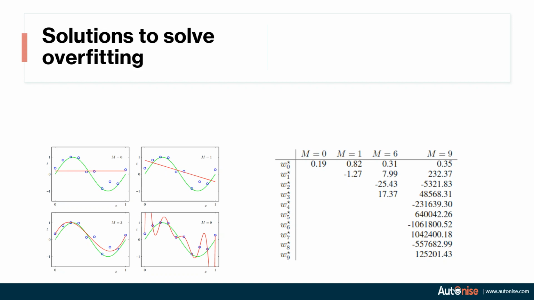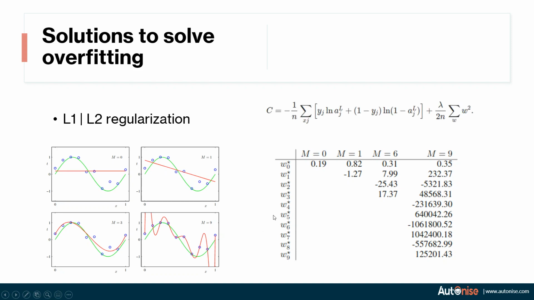So how do we push our model to converge to lower degree polynomials instead of the higher degree polynomials? It's actually easy to do, and it's called L1 or L2 regularization. As I told you over here, the value of the weights increases as we keep on increasing the degree of the polynomial. So what it means is that if we ensure that the neural network or the polynomial has coefficients which are very small, then automatically the model will converge to a low degree polynomial. And to do that is very simple.